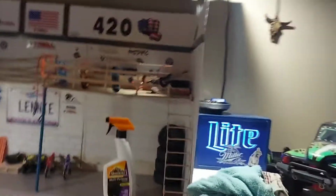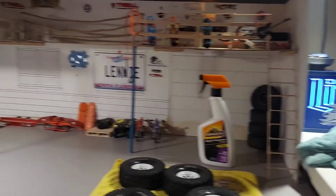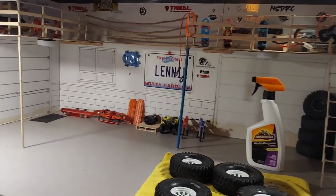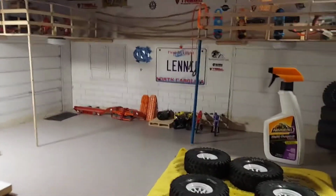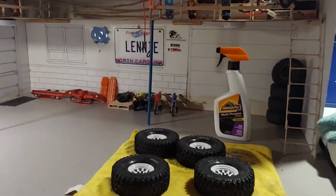Cats are all over this room playing right now. I did a little reorganizing. I put new floors, new carpet and stuff in here for half of the room, and then some linoleum on this half. New to me anyway. Came out of our local church actually. So anyway,